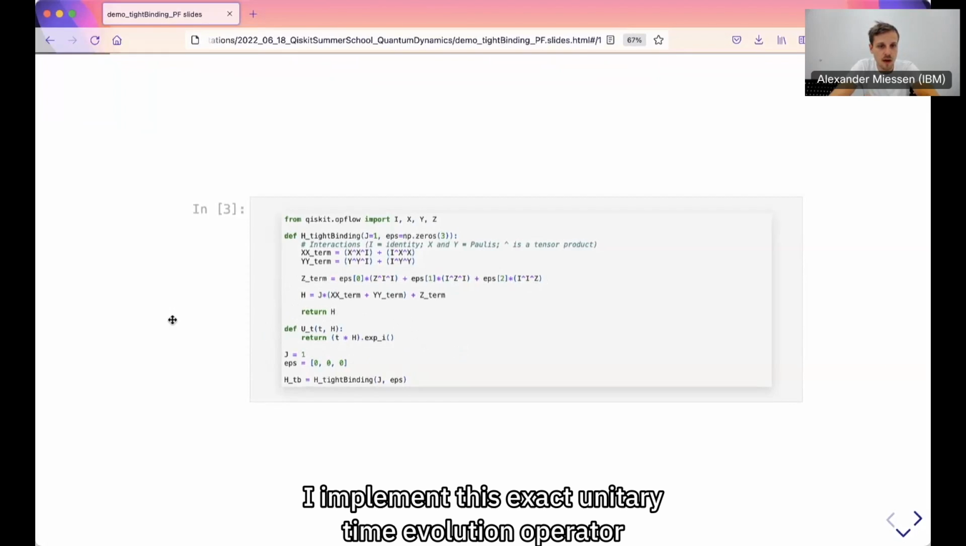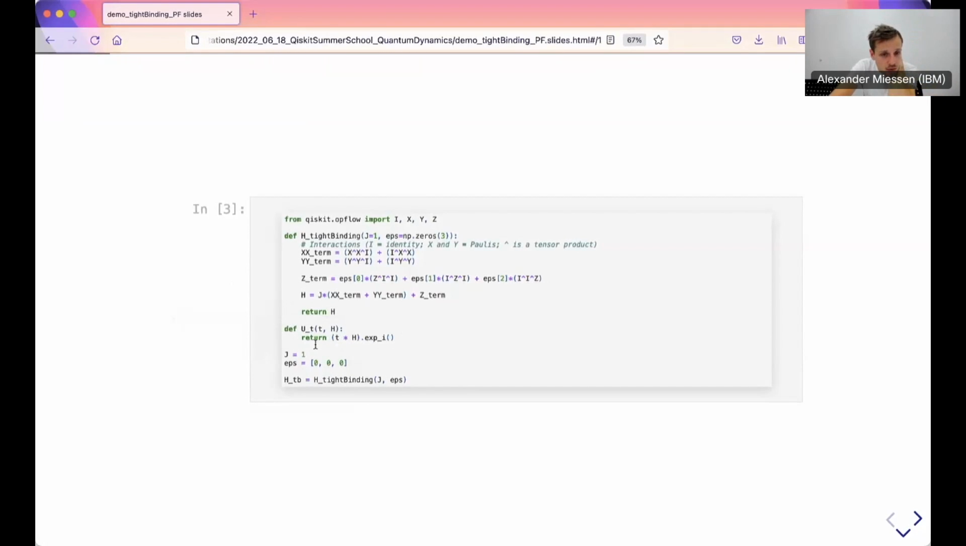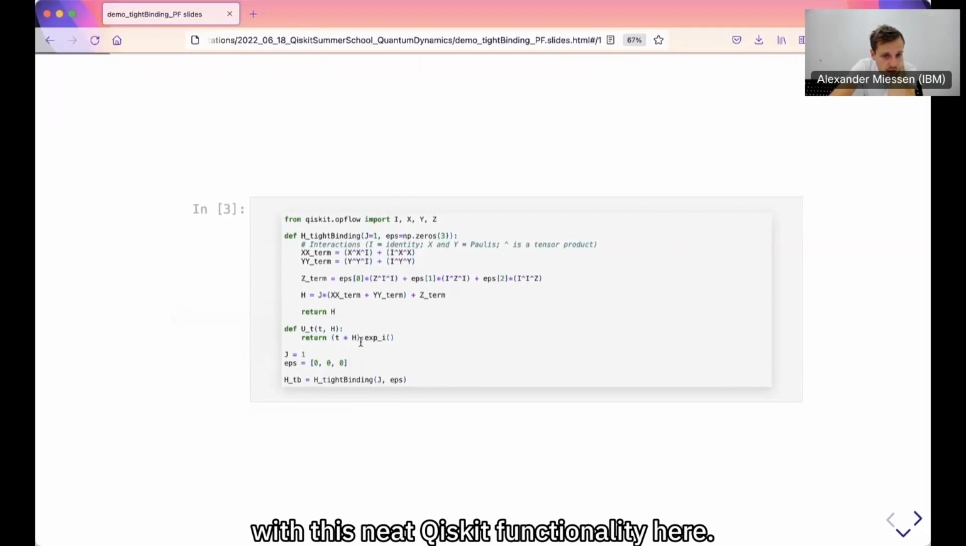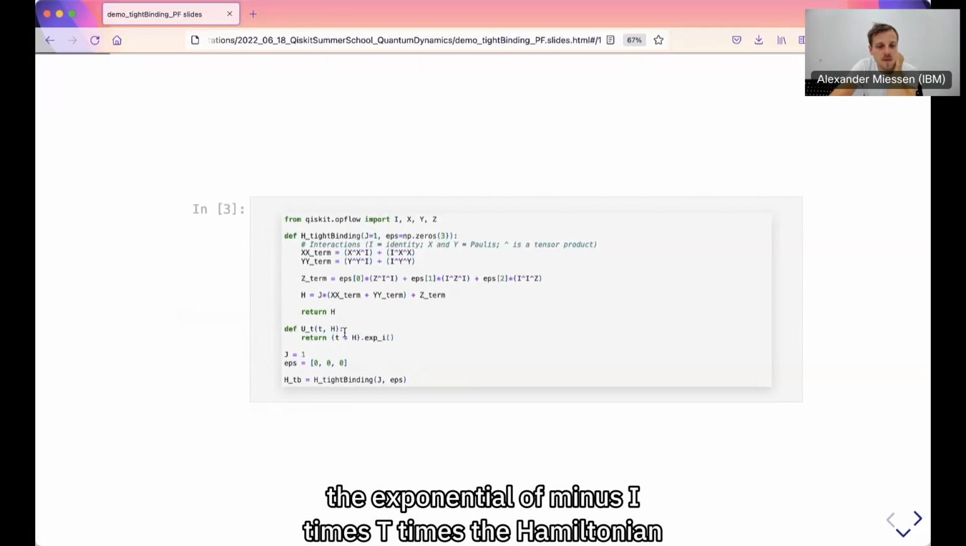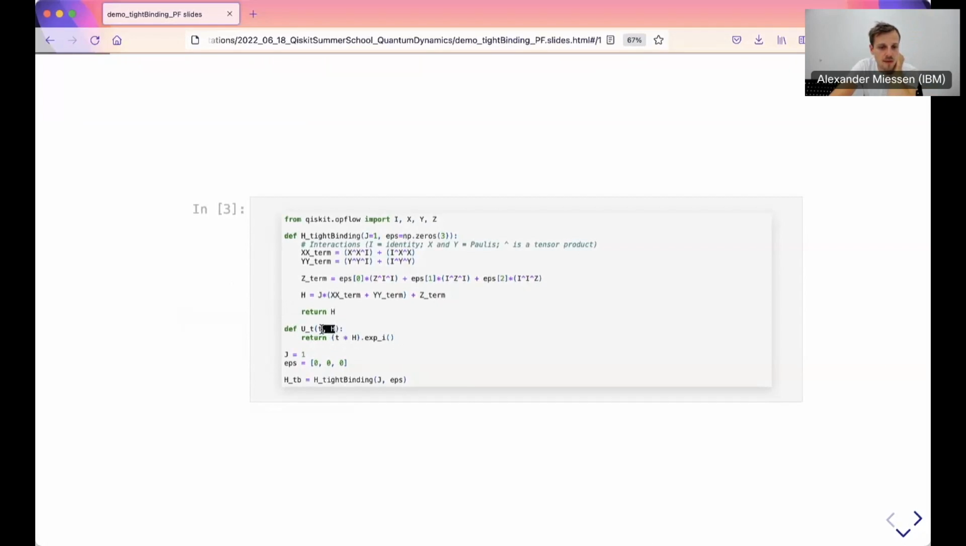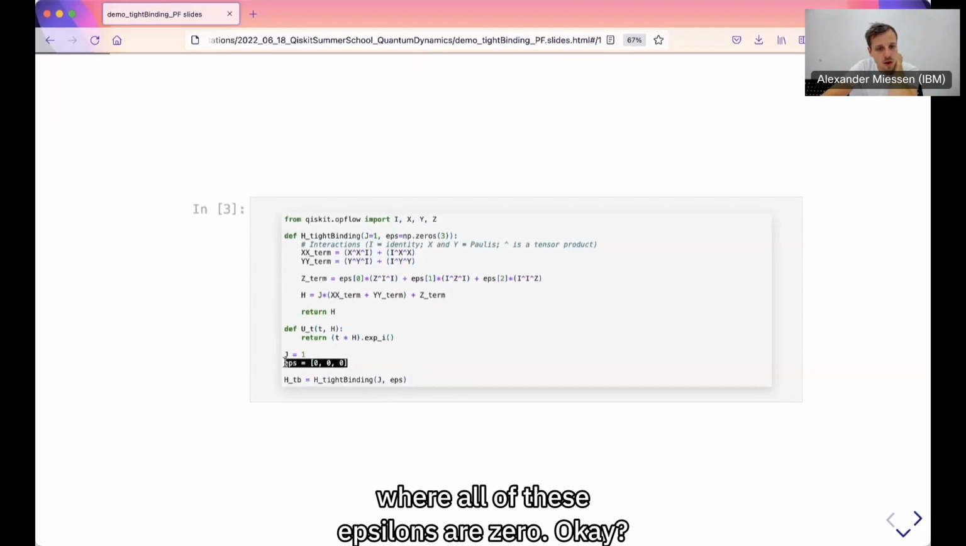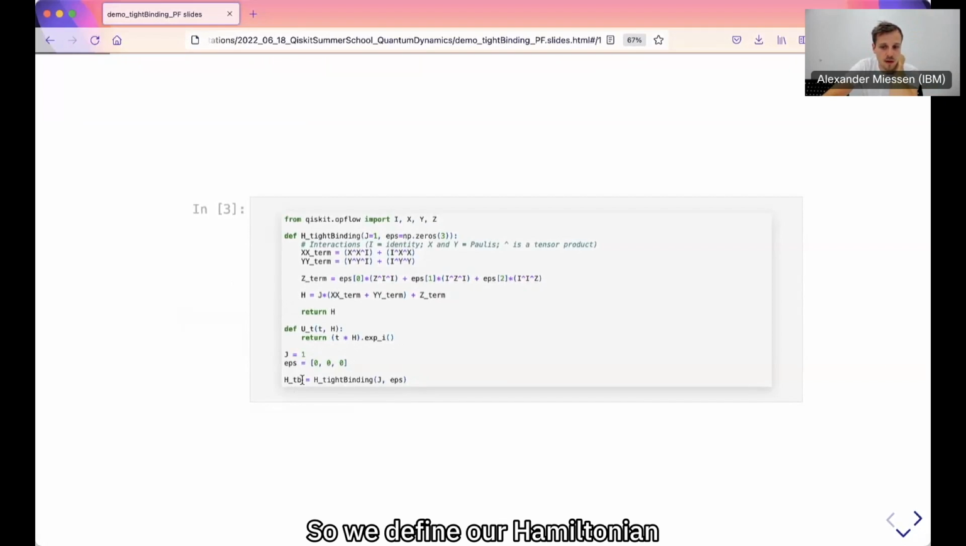Furthermore here, I implement this exact unitary time evolution operator with this neat Qiskit functionality. Essentially this is just the exponential of minus i times t times the Hamiltonian that I feed in here, okay? And then let's first look at the case where all of these epsilons are 0, okay? So we define our Hamiltonian,